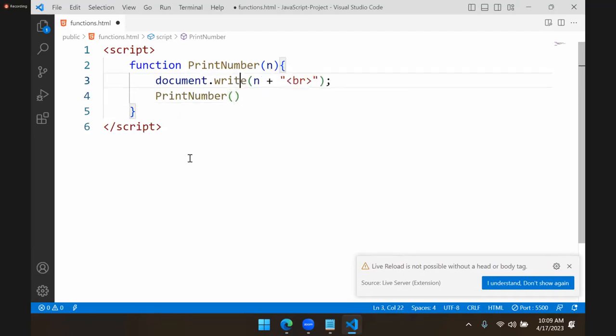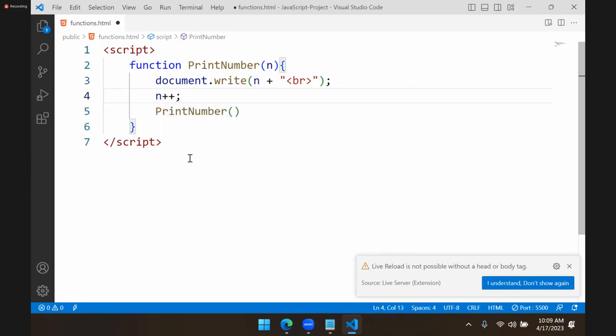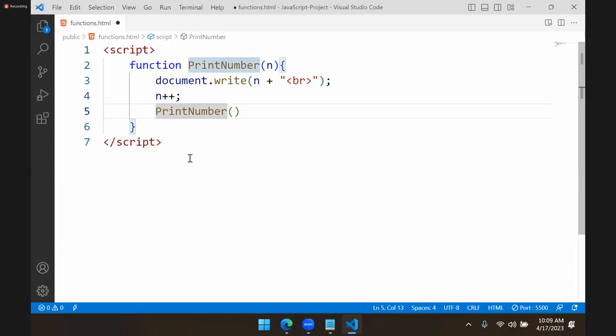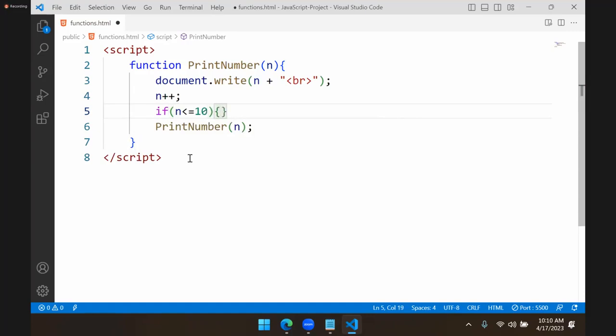Because n is printed, the n value must be increased by 1. n plus plus, or n equal to n plus 1. After that, print number, passing the value of n. So until how many times? If n is less than or equal to 10, print n, right? Otherwise,